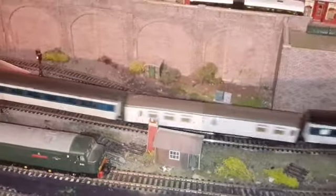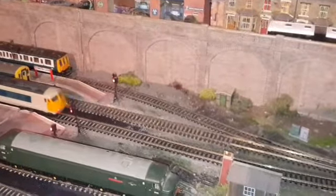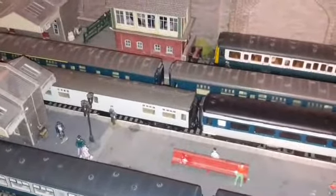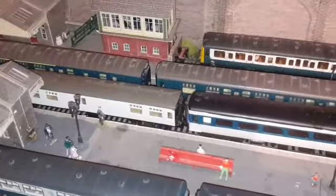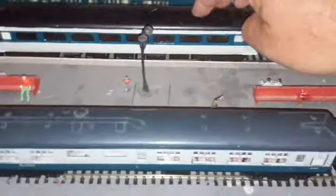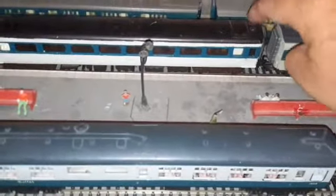Now the drive in that is not a Triang power bogie, it's actually a pair of Lima 33 bogies in there. The centre coaches are two Airfix Mark IIs that I've painted up, and the buffet is an old Tri-ang one that I got for a couple of quid at an exhibition. I painted it up because what I'm after next, if I can find one that's a bit battered, is a Mark II brake coach that I can paint up, so I can have it either as part of a unit or